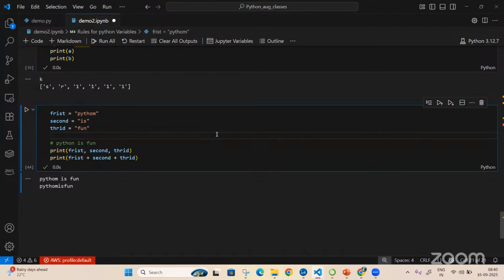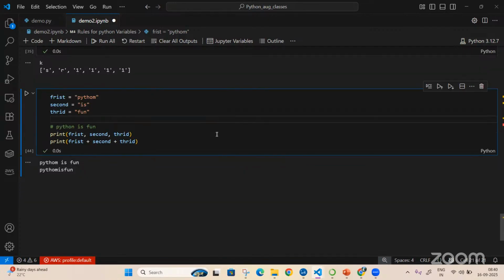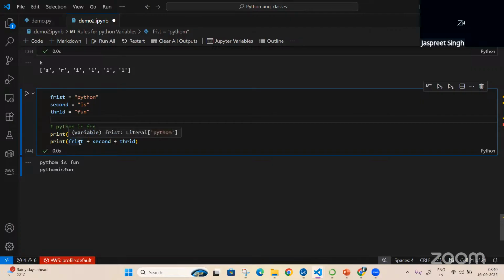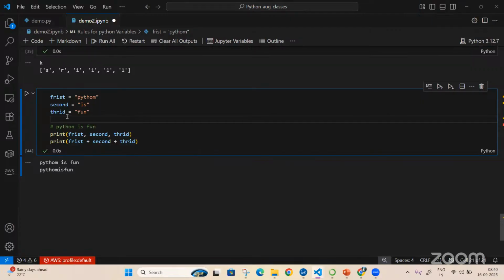We can use this to concatenate first name and second name, or first name and last name, using the second method. If we need space, we can use the first one. Whenever you use a comma, it already knows this is one variable, second variable, and third variable, and gives the exact space. Whereas when you say first plus second plus third, it is like 5 plus 3 plus 4, and the output would be whatever that arithmetic result is for those values.